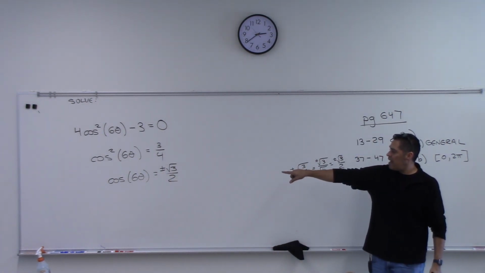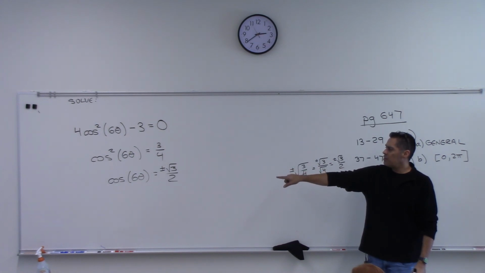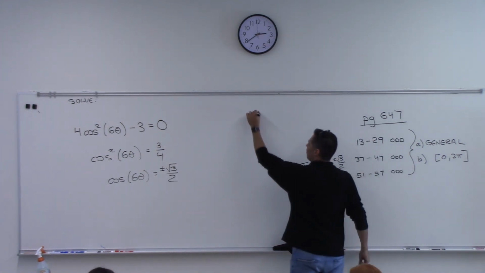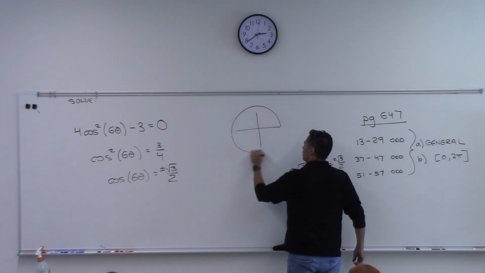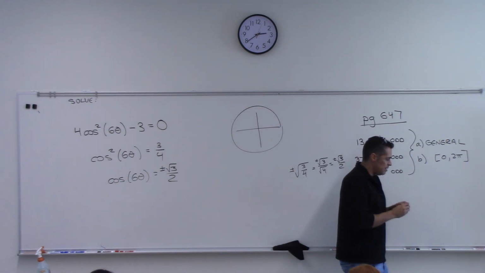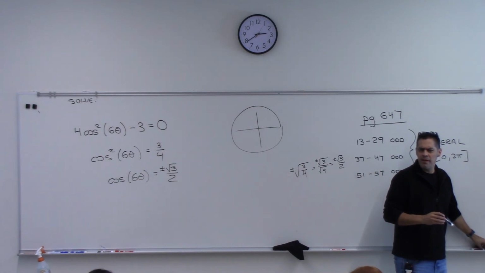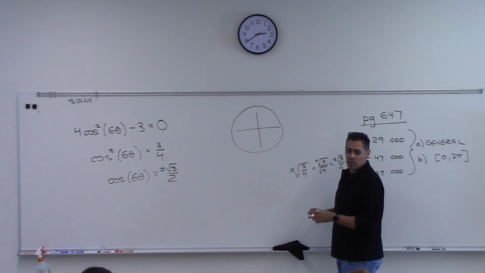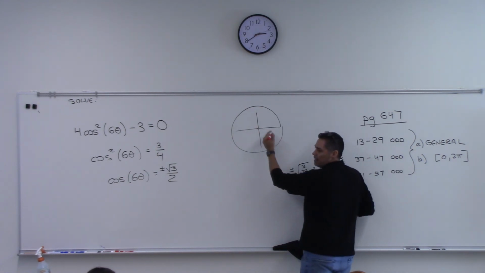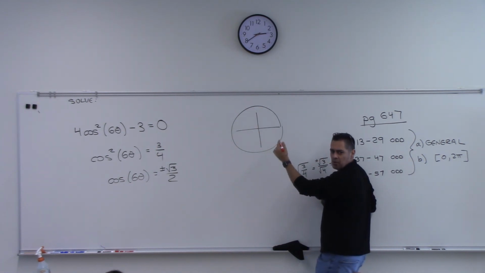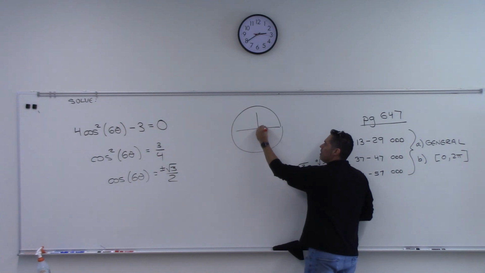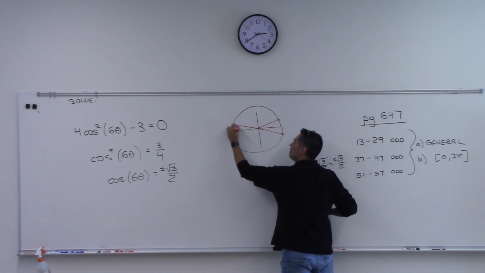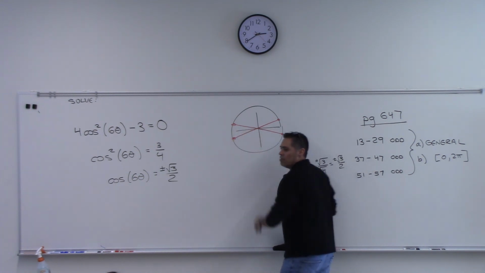So this is asking, where on the unit circle is your x coordinate positive or negative root 3 over 2? You have to know the unit circle. Did I tell y'all how important it is to understand the unit circle? It's like crawling: you have to crawl before you walk. So that's here, here, here, and here. At those 4 points,